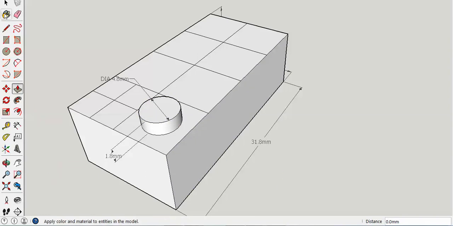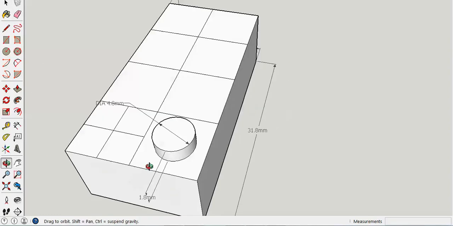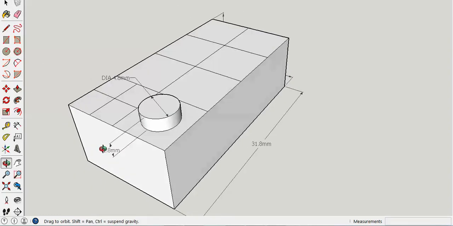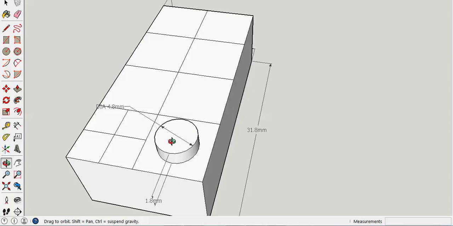So now what I've done is I have my Lego brick and I have one bump that is 1.8 millimeters tall. Now I have to make this exact bump here, here, here, here, here, here, and here. So go ahead and repeat that process those 8 times and that will complete your bumps on top of your